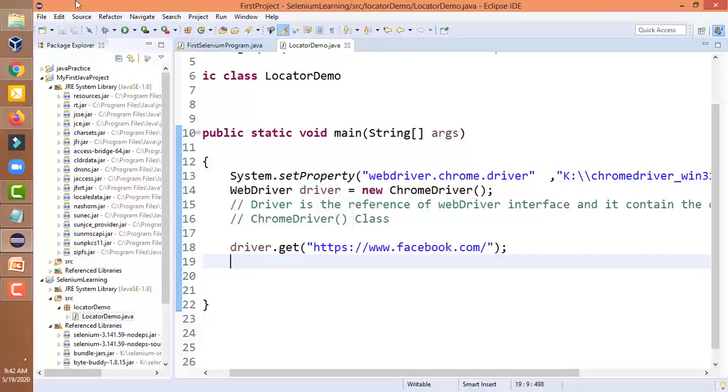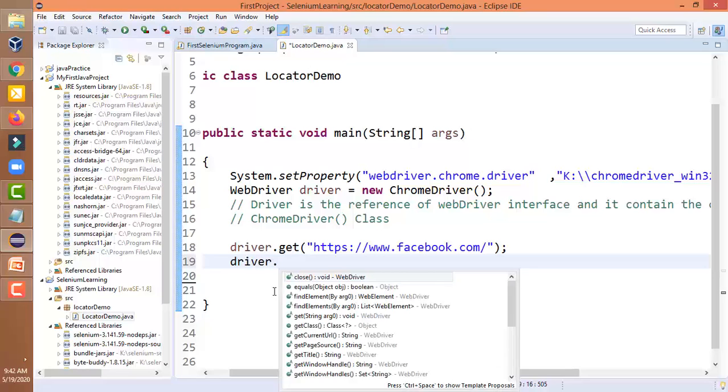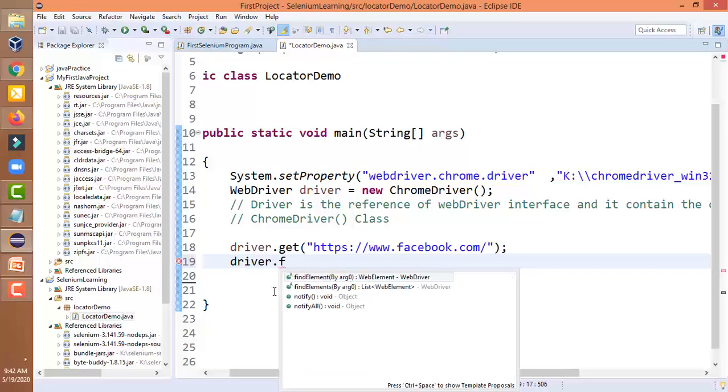Here we have to write like this: driver dot find element. So find element is a method of the WebDriver interface. It is defined in the WebDriver interface and implemented by Chrome driver.